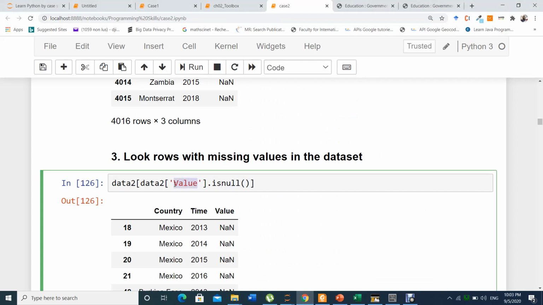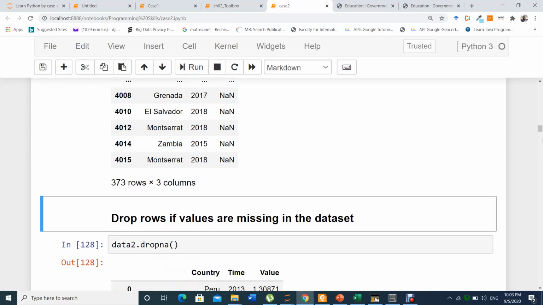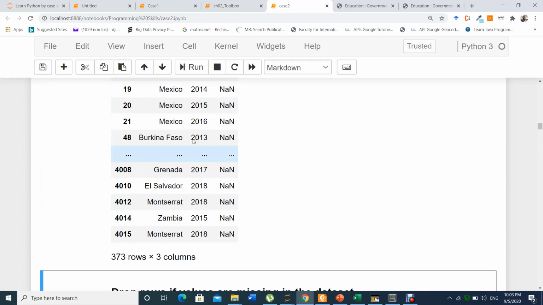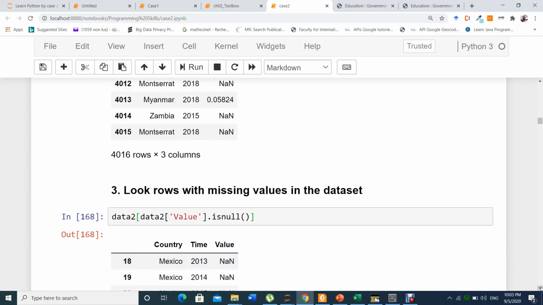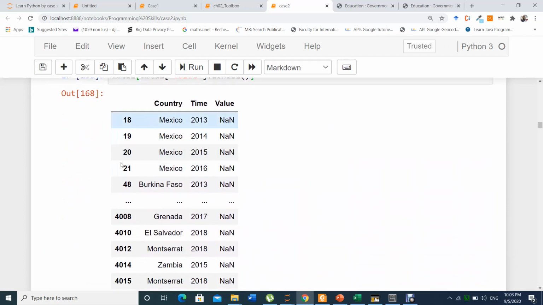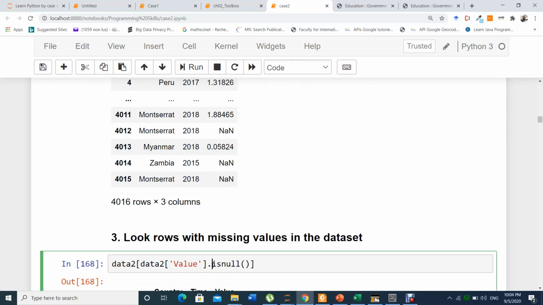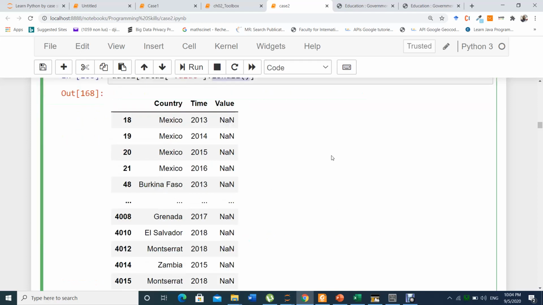It's easy. For the value, check for me if it is null or not. So when you run it, you see it selects only null values. All values it prints are null values. You see, they are null values. So this is just to see which values in which data we don't have information. This simple function shows us the data without any information, the missing information or null values.